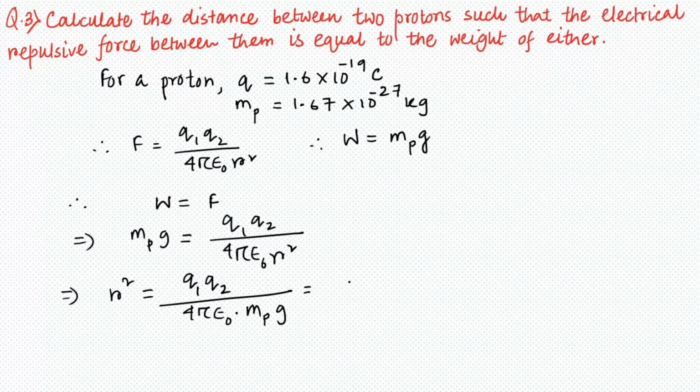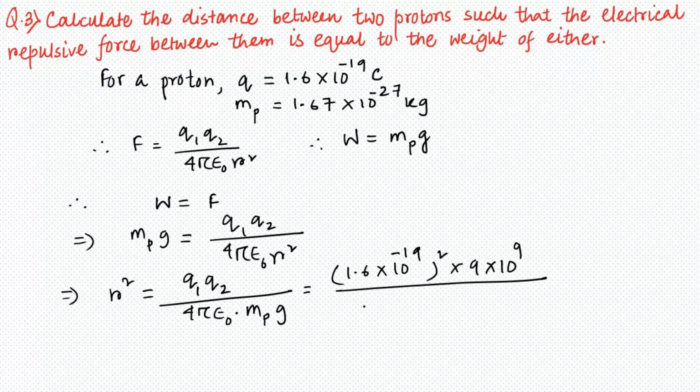Now the value of Q is 1.6 into 10 to the power minus 19 square, and 1 by 4 pi epsilon naught is 9 into 10 to the power 9